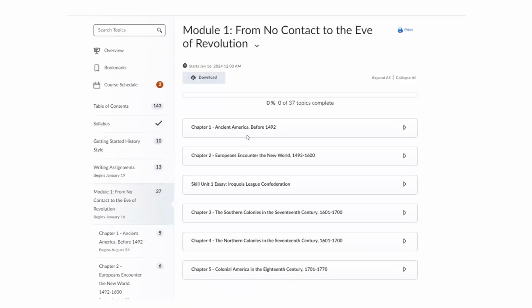In the history course, broken out by modules, and then under the modules are chapters. Some people set up their Elearn course by weeks. Some people set them up by module numbers. Some people by titles, like chapter or section titles. So again, as students are trying to navigate those first couple of weeks of class, begin to figure things out